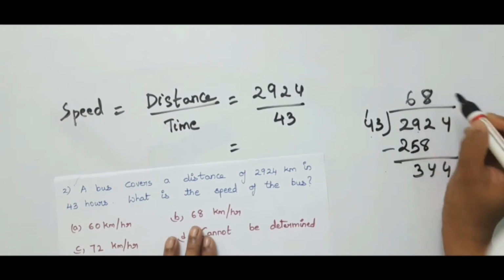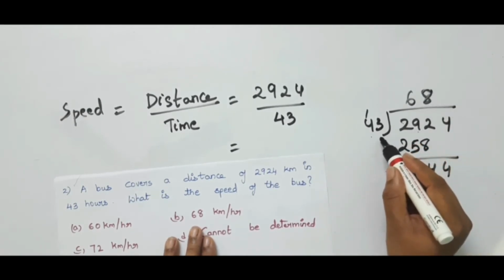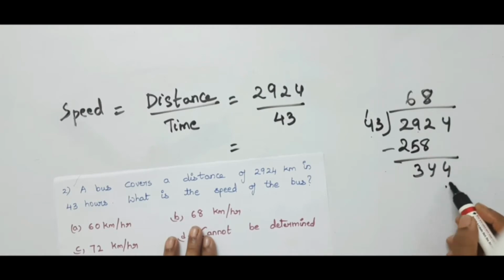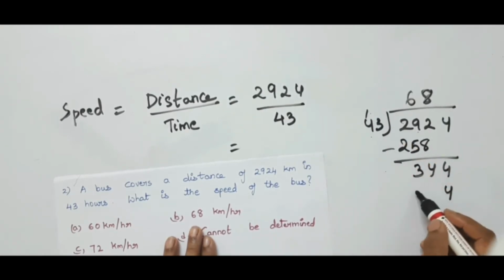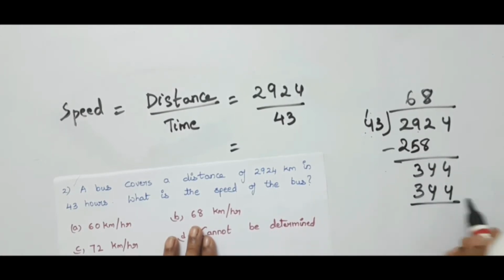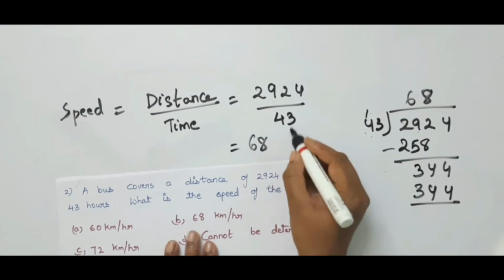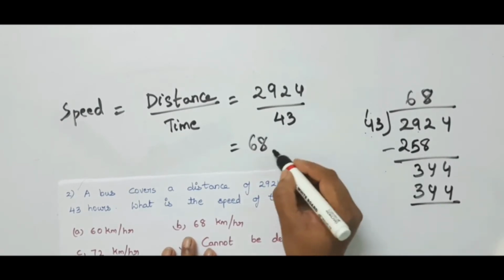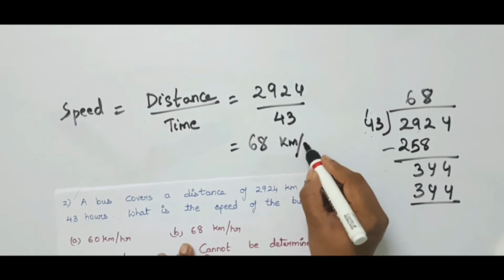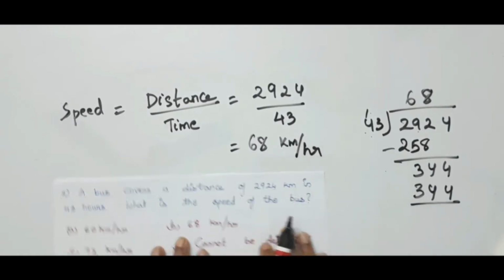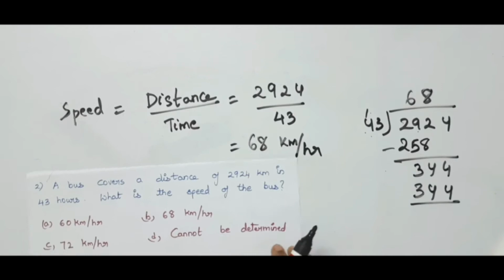So if it is with 8, here it is 8 6s are 24, 8 3s are 24, 2, and here 22, the 2 is there, and here 32 is there. 32 plus 2 is nothing but 34. So 68. Here the units are kilometer. The distance is given in kilometer and time is given in hours. So kilometer per hour. 68 kilometer per hour is the right answer.